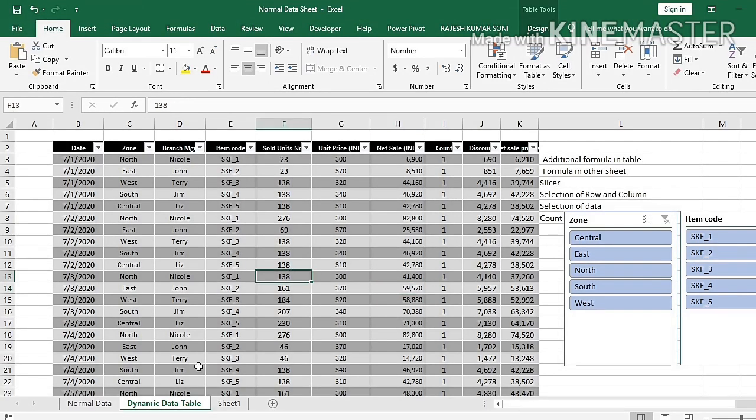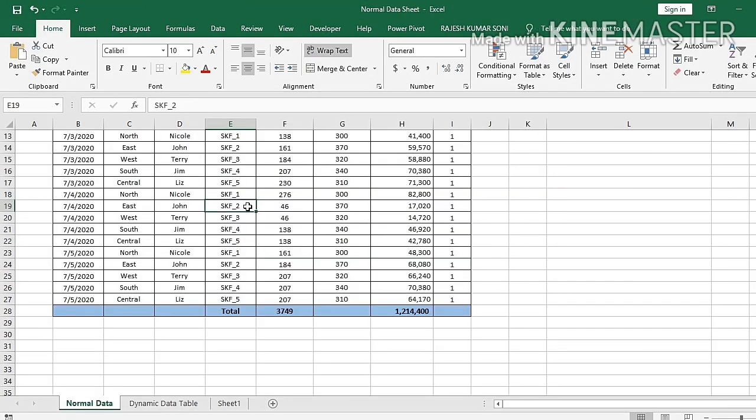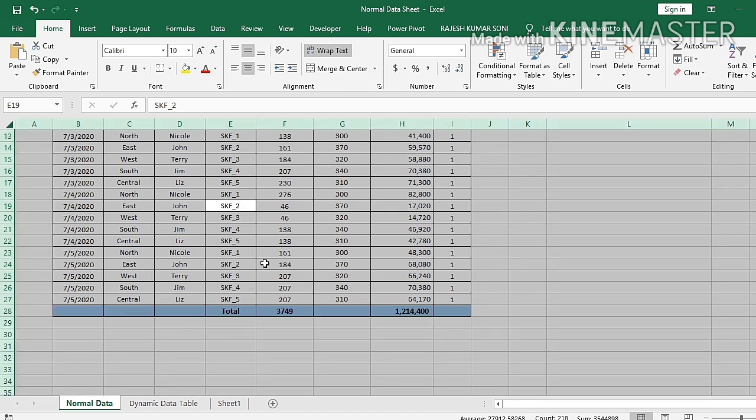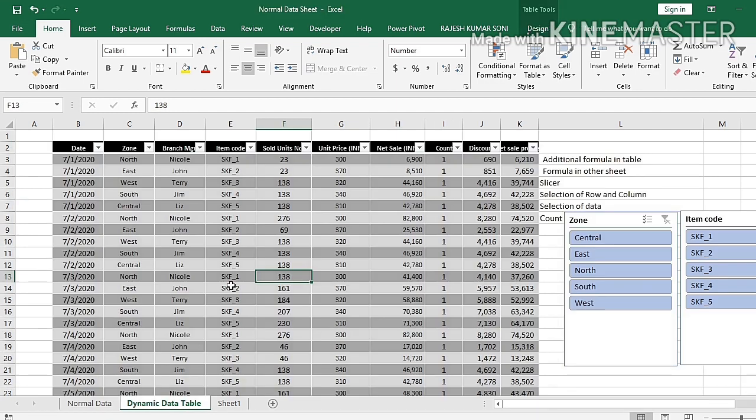Suppose first of all we go to the normal data, we press Ctrl A to select the data. When you press Ctrl A, entire data will be selected including header and the bottom row, and again you press Ctrl A, then the entire sheet will be selected. Now check, we are pressing Ctrl A. Now see the result.